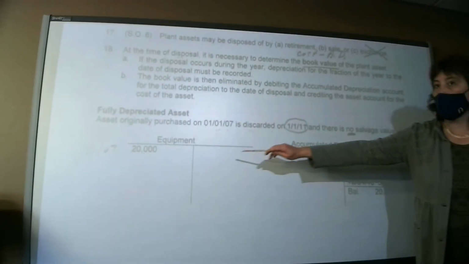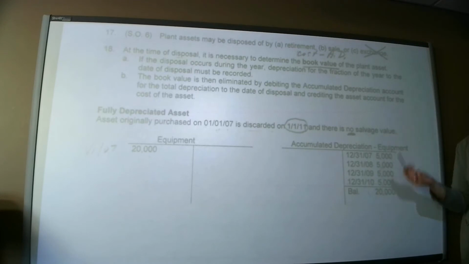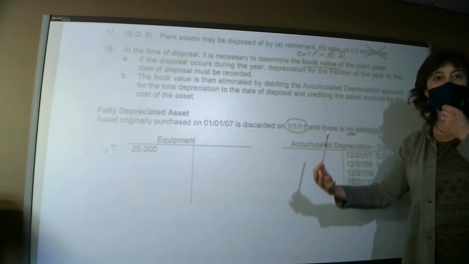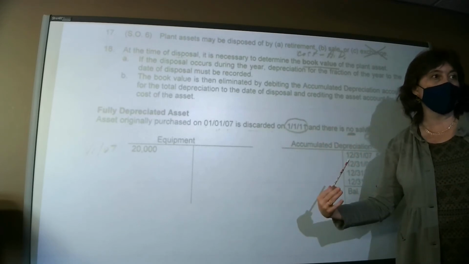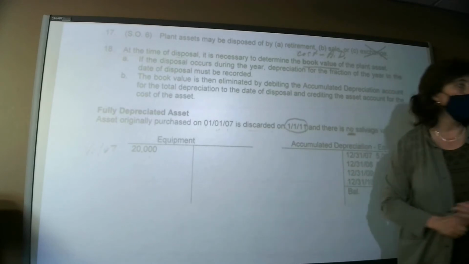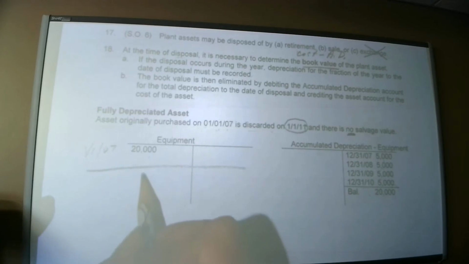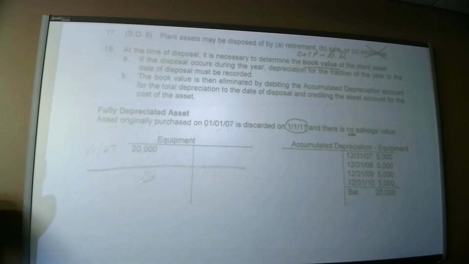So here we're at 0. Okay? So we know the book value, and that's what you will be taking off your books. When you want to discard this asset, you need to get rid of that book value. So if I want this equipment to be gone, or to become 0, what do I need to do to that account? Exactly, credited for 20,000. And that's what I'm going to write up here as a journal entry. I'm going to credit equipment